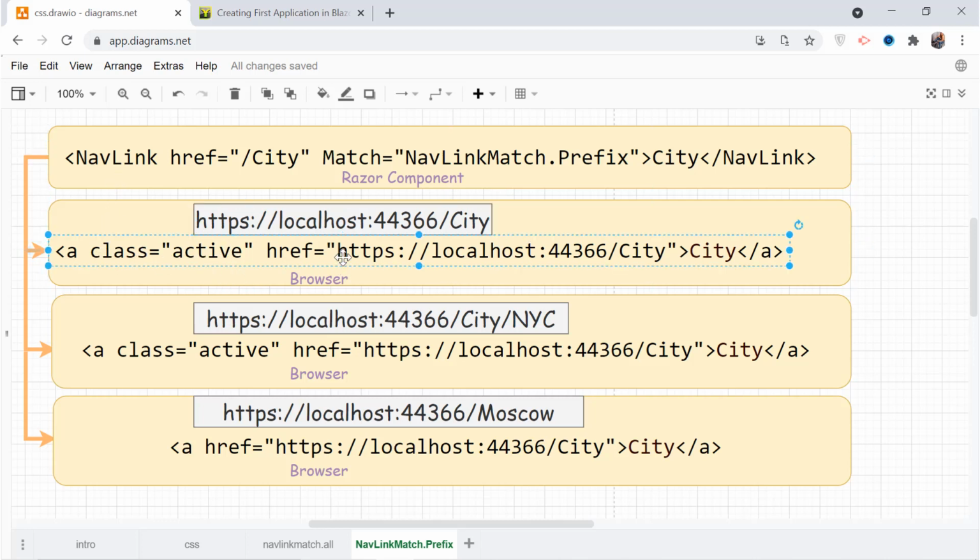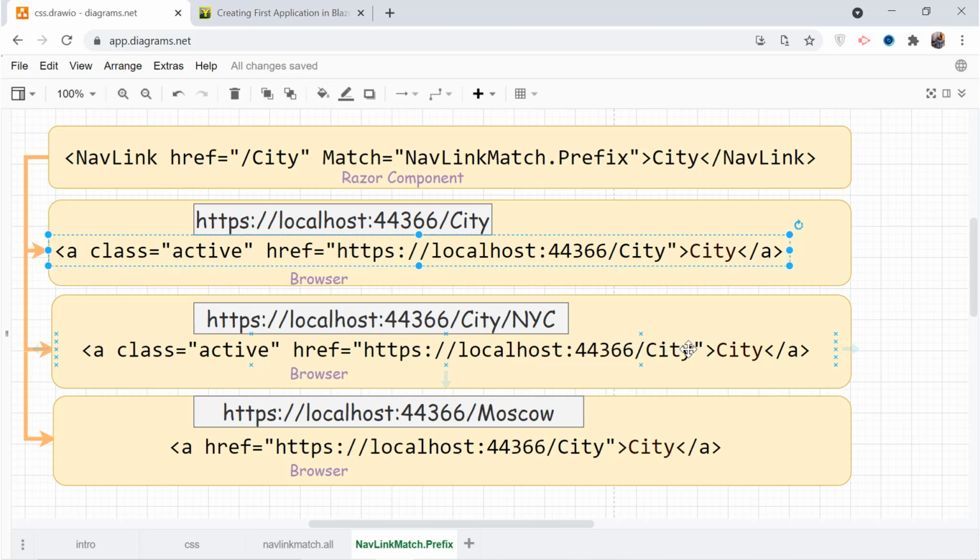You can see this is /city and this is /city, they are matching fully, so the prefix is automatically matched and class equal to active is applied. Now coming to the second case, here the URL is /city/nyc, and what the href of the NavLink has produced is /city only.